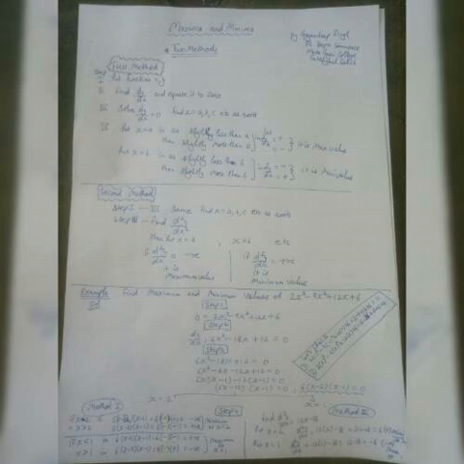If it becomes negative by putting the value of a root, that means it will give the maximum value. And if the second order derivative becomes positive after putting the value of the other root, that will give the minimum value. So in the example over here we are going to discuss,